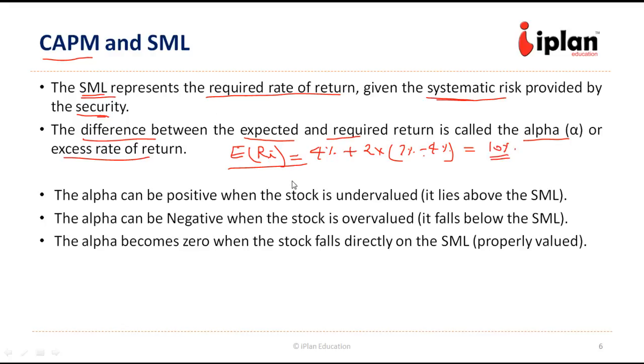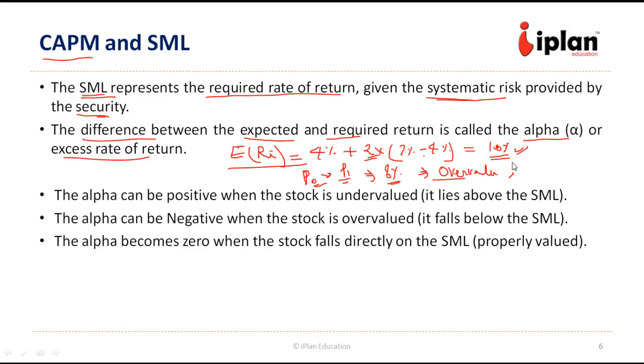But if the required rate of return on that, from current price to the expected price, is say 8%. That says the security should be giving 10% based on the risk it has, the beta it has, but it is giving only 8%. So that says the security is overvalued. It should give more return. Ideally, based on CAPM, based on the risk it has, it should give 10%. If it is giving more than 10%, then we say it is undervalued and it should be bought.